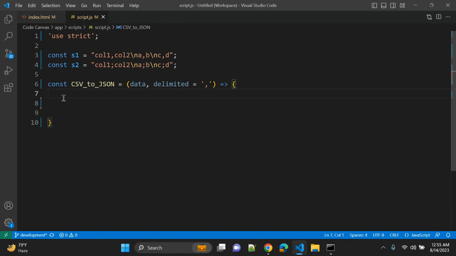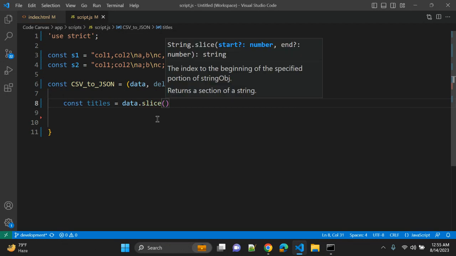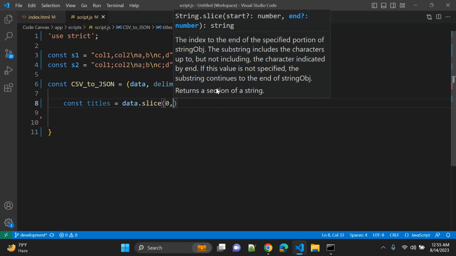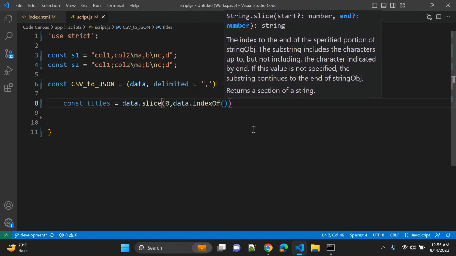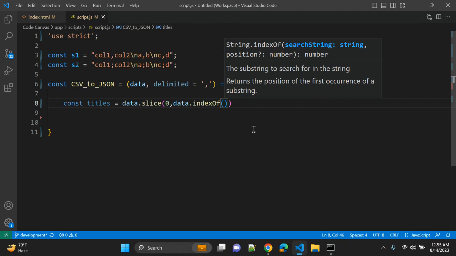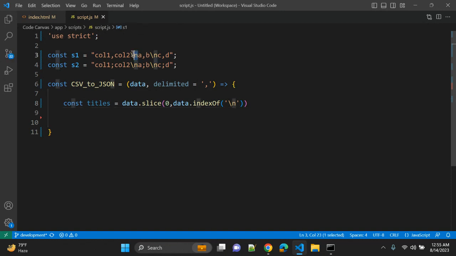So let's create one constant titles is equal to data dot, we will slice. So slice function returns a section of a string. So 0, the first value is 0, that is start of the string, and second is end of the string. So we can pass data dot index of, here we will pass until we can find the next line character, until this point. Okay, so new line character